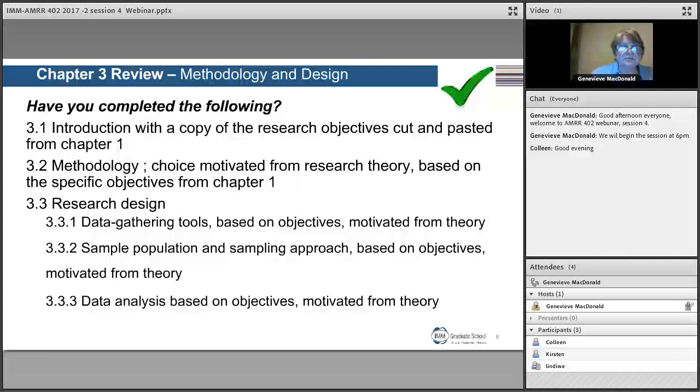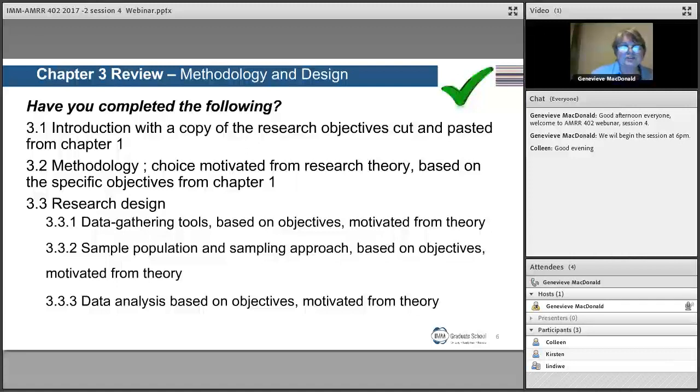Same with the sample population and sampling approach, based on your objectives motivated from theory. So I want to see the sample population based on your specific research, and then the sampling approach that you are using or going to use to actually do the field research, and why that is the most suitable sampling approach in this regard. Data analysis,